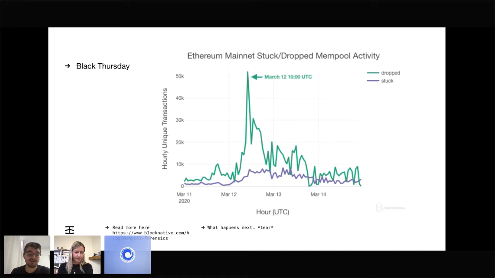Now this isn't really a make-believe problem. The classic example was Black Thursday back in March 2020. I don't know if you guys remember this. The price crashed to like $100. Everything was on fire. MakerDAO was sort of suffering. They later on subsidized it with their token sale. But basically, the mempool on Ethereum, the list of pending transactions, was so full that there were a lot of dropped transactions. You can see here in the graph, look how many. That's like 50,000 transactions being dropped. So if you jump to the next slide,